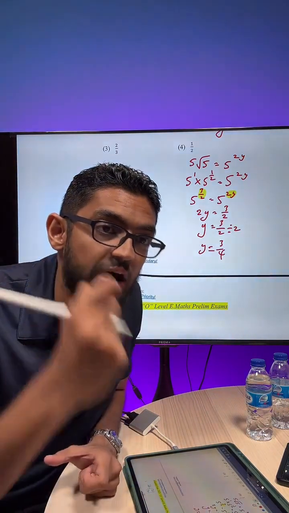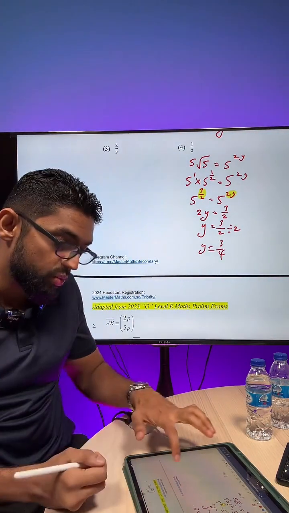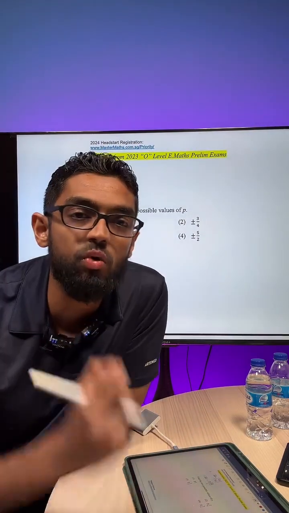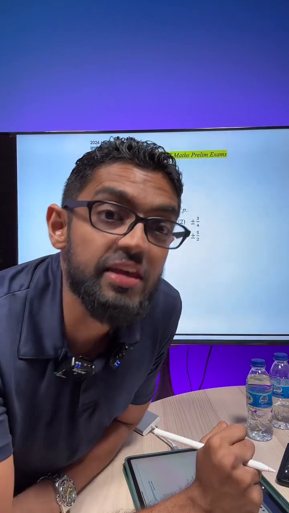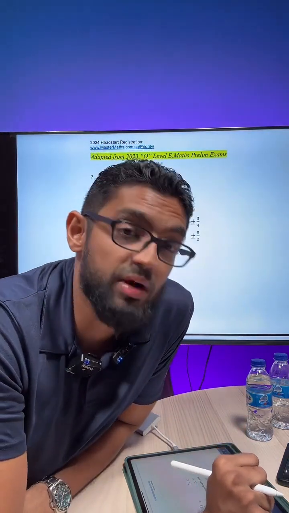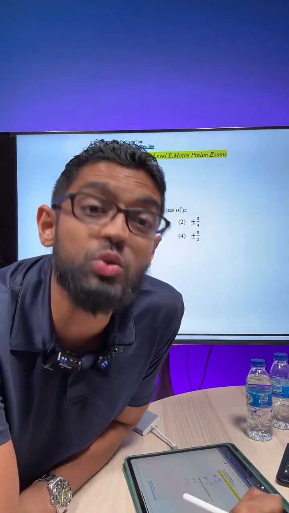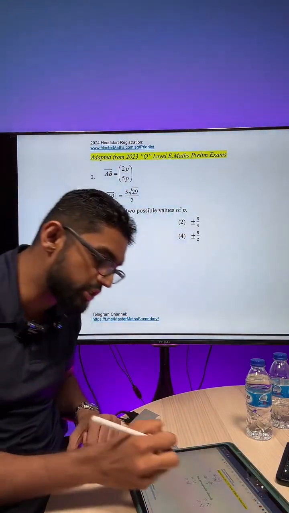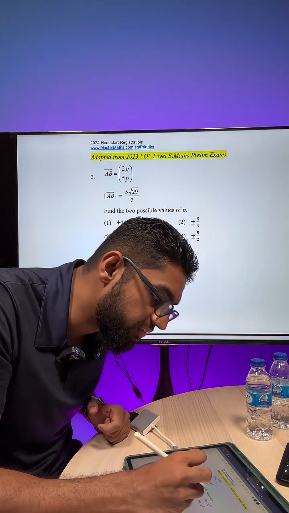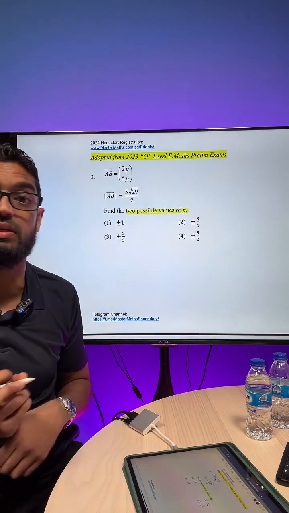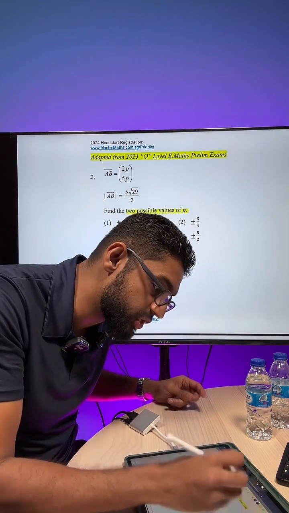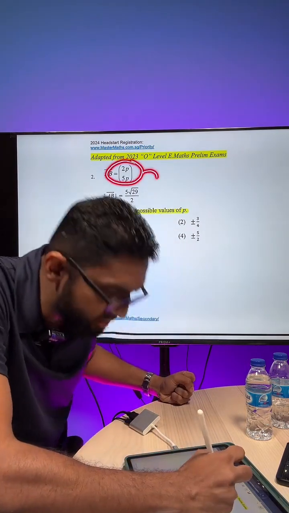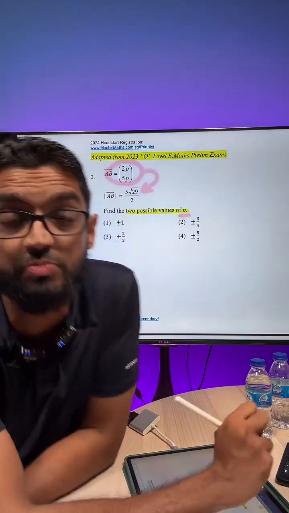My friends, let us move on down the list to the next question for today, which is question number 2. This is a vectors question, friends. This is purely O-level, so you can only do this if you are in your O-levels year. Otherwise, very hard to solve this question because this is uniquely O-levels. Okay? You guys try it out, come. Question 2, find the 2 possible values of P. You are given a magnitude question whereby you're supposed to find the magnitude of this and equate it to this actual magnitude. From there, you find the value of P.